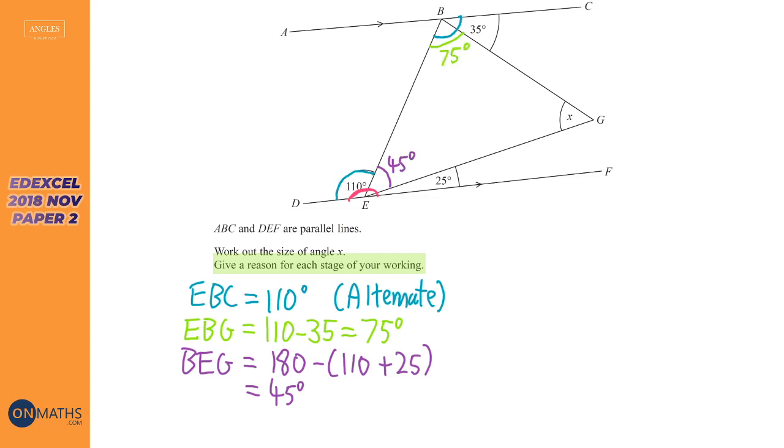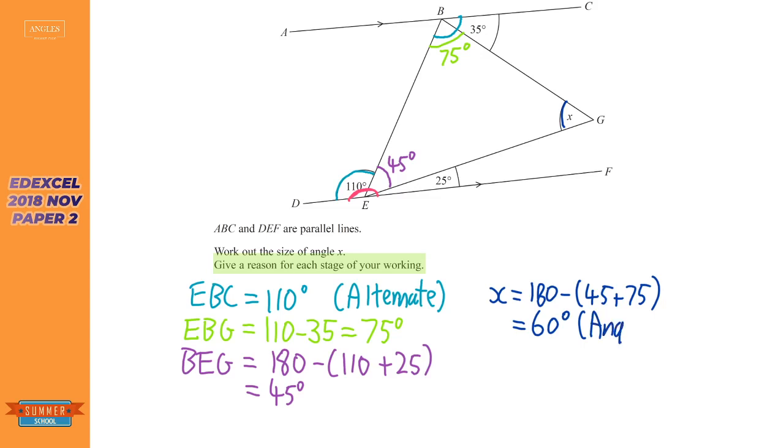75 degrees there. And so to finish off, to find out what x is, we can just write x equals 180 take away the 45 plus the 75, which equals 60 degrees. Now it's really important we write a reason here, because there is a reason. So it's angles on a straight line add